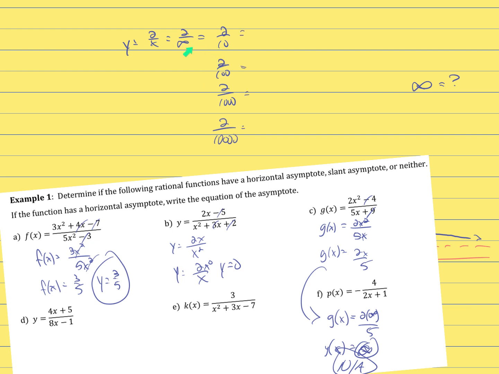Now, if you take a look at these denominator values, it went from 10 to 100, 1,000, and 10,000. So my denominators increased. The overall ratio here somehow has to get us to this y equals 0 location. How can 2/10 and then 2/10,000 equal 0 eventually? This is not infinity, but again, we're slowly approaching what infinity could and would be. 2 over 10 is 0.2. 2 over 100, 0.02. 2 over 1,000, 0.002. 2 over 10,000,